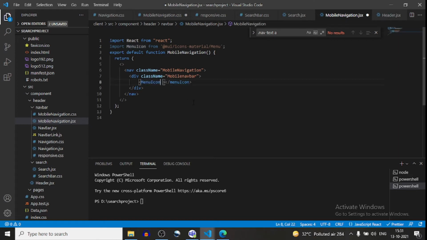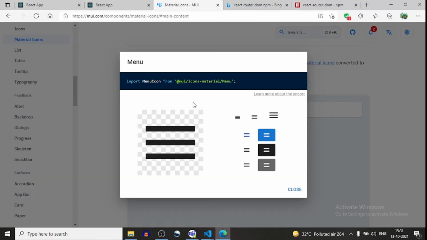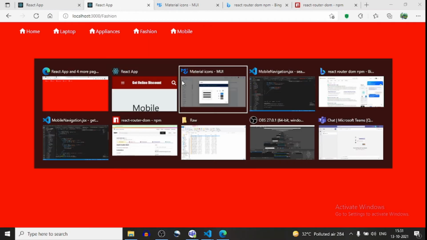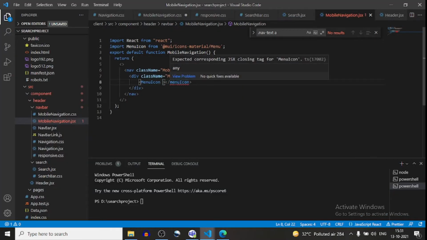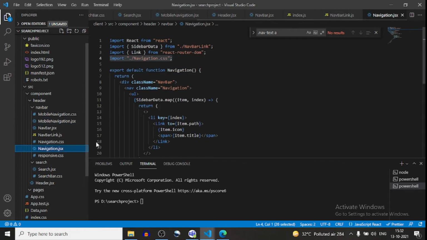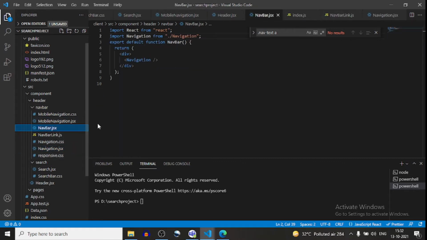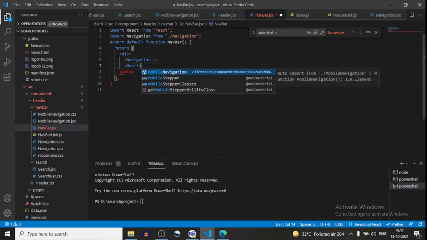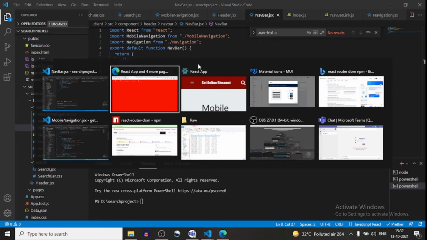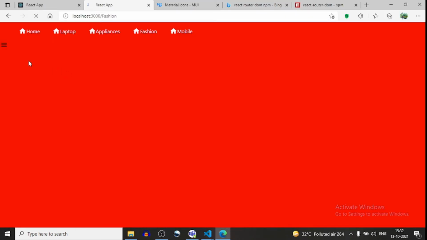Now if you see, oh, it's not coming. Why? Because we have not imported this in our navbar.jsx. So in navbar.jsx I will import it here. Now you can see it's coming here.